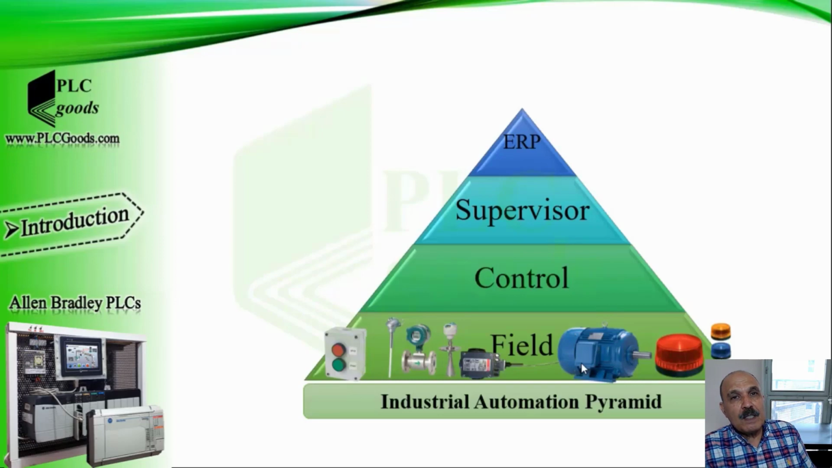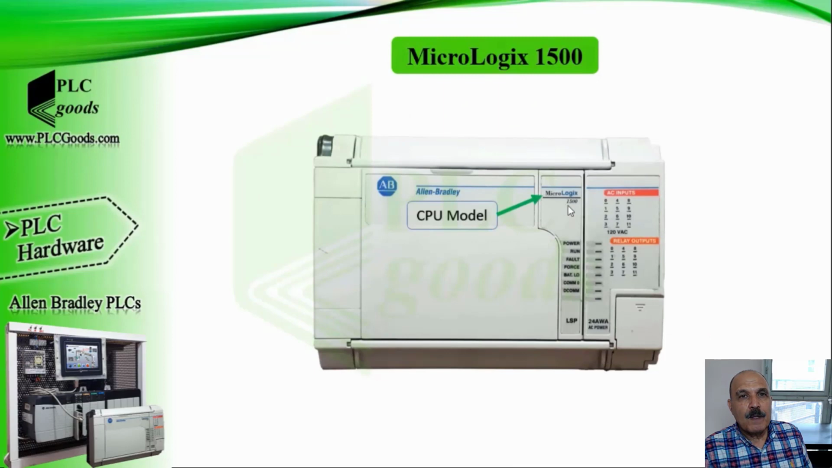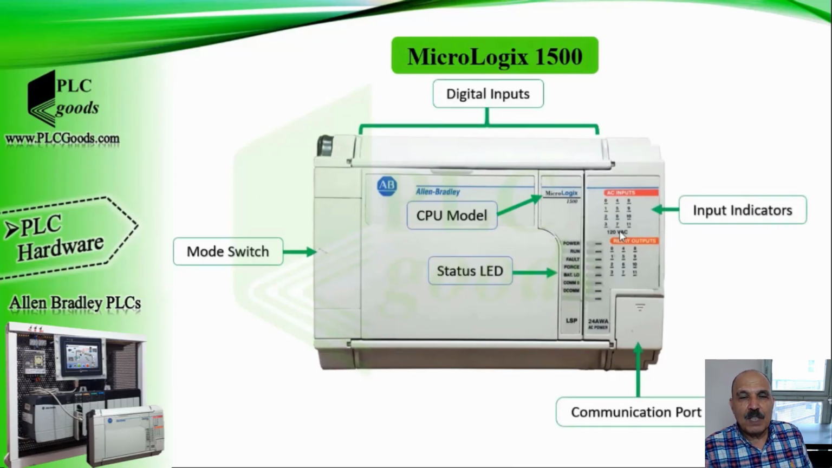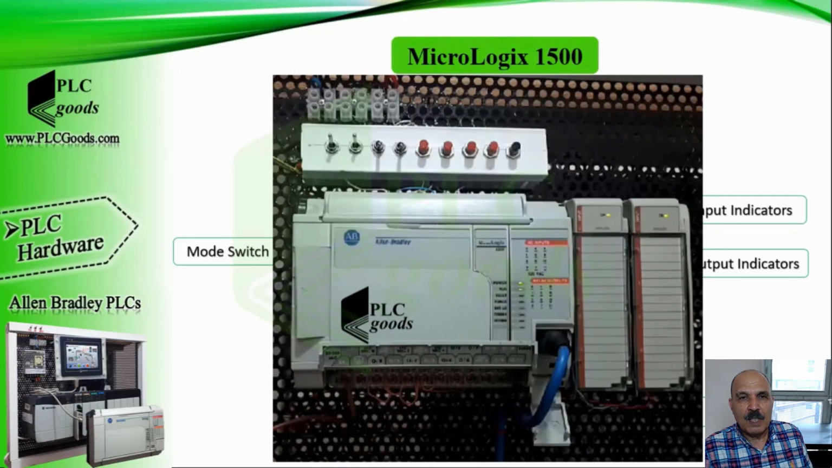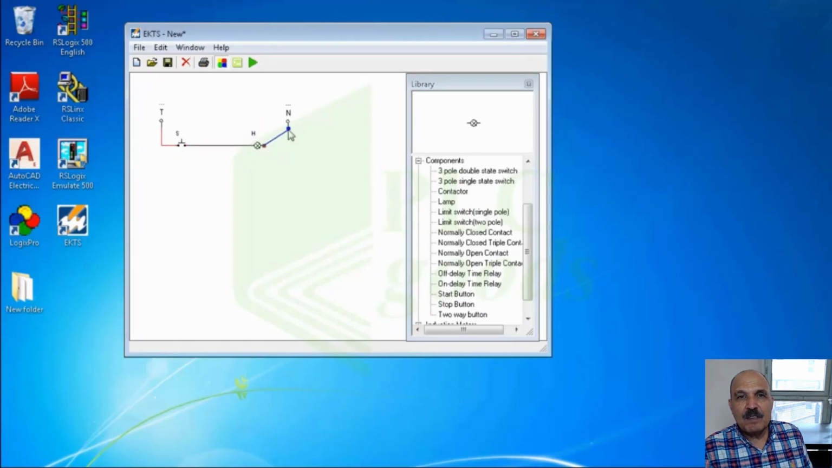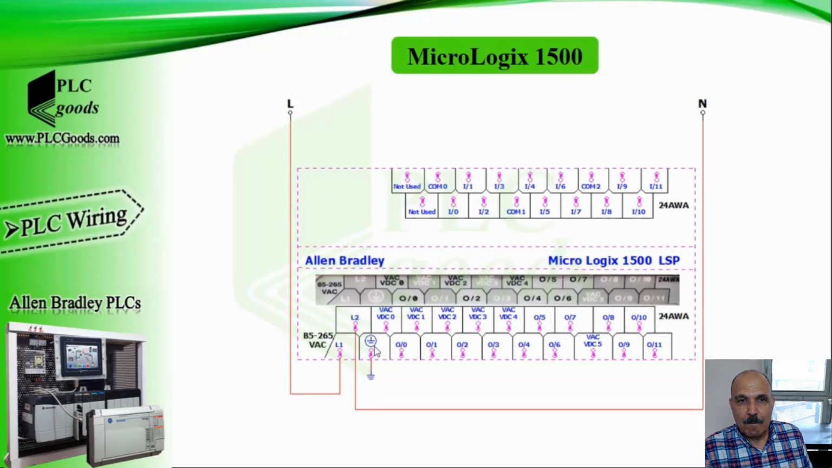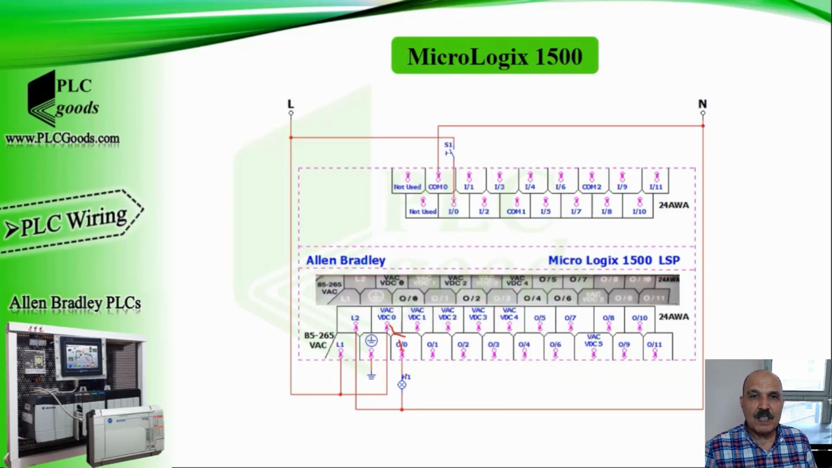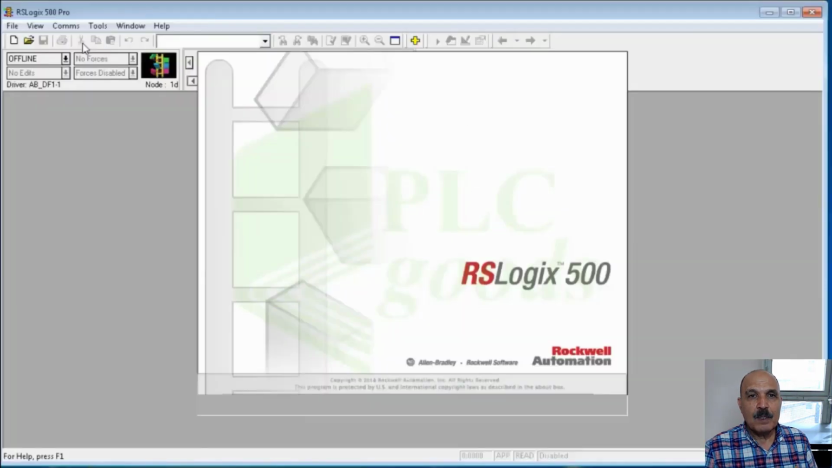In video lesson number 1, the following topics are covered: introduction to PLC hardware and its wiring, explanation of the industrial automation pyramid and the function of PLCs or programmable logic controllers in automation, introduction to the Allen-Bradley MicroLogix 1500 PLC, showing the hardware and connections of the PLC, creating a simple industrial circuit using EKTS software and simulating it, wiring a switch and a lamp to the PLC,